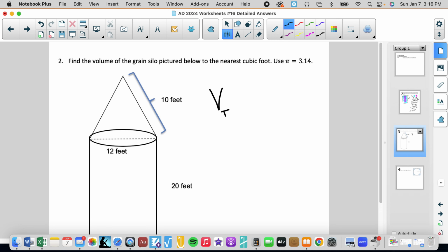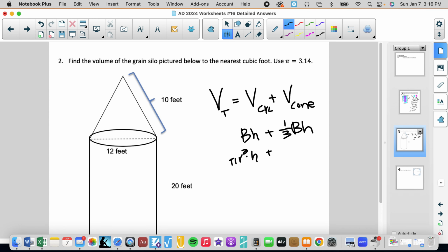So total volume is going to equal the volume of a cylinder plus a volume of a cone. Because that's what we have. So volume of cylinder is big B times H. Volume of a cone is 1/3 big B times H. Base area is pi r squared times height plus 1/3. Base area of a cone is also going to be pi r squared times your H. So pi times the radius. Radius of my cylinder is 6 times my height is 20, plus 1/3 times pi. Radius